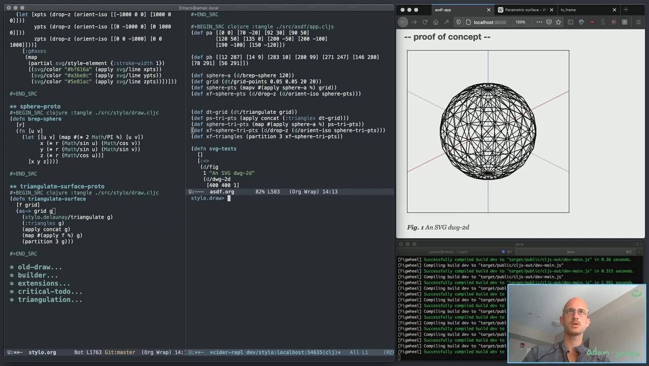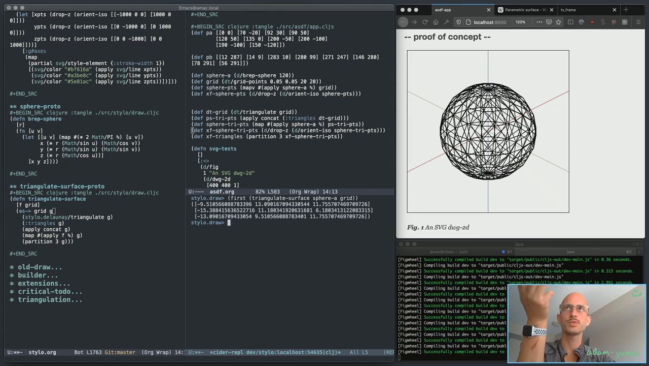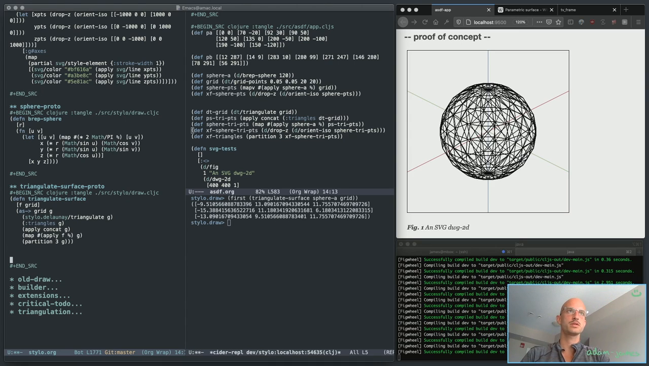So, let's actually take first from this. It should be a triangle basically. Okay. That's pretty neat. So that's triangulate surface prototype. Using that, I should be able to also make, let's render